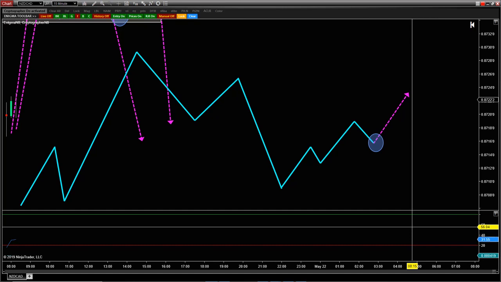So I don't think we need to label this stuff. That's the whole point of the process, right? Because if we were to go out to, right, we're looking at this on the 15, I say it's trend continuation. Then we look out to the hourly and you're like, oh no, counter trend because it's within the bigger move. But then we go out to the daily and guess what? It's outside of a bigger move as well, right? There's always going to be a bigger move. So there is no true trend continuation or counter trend. It's all relative to the time frame in which you're trading, right?